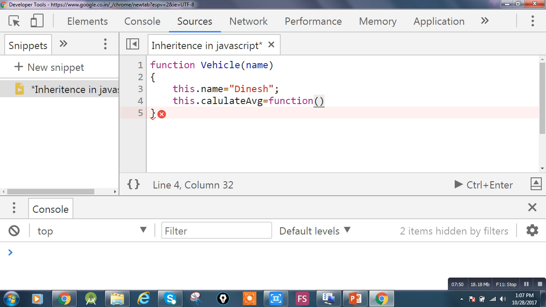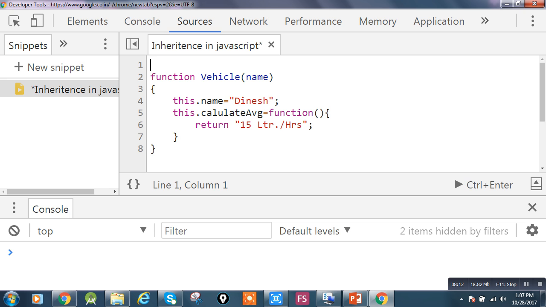You can write here anything you want, and I'm just writing 15 liter per hour. So this is all about the parent class. I mean, this is the base class.